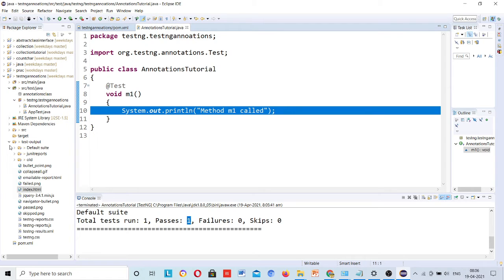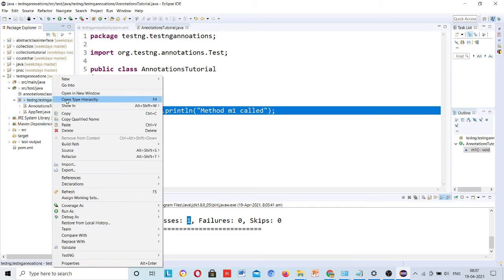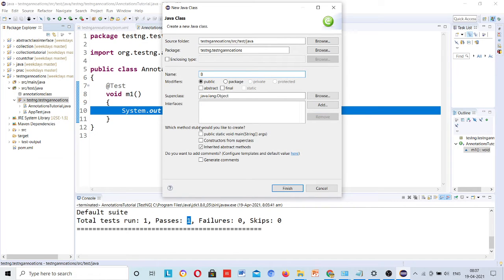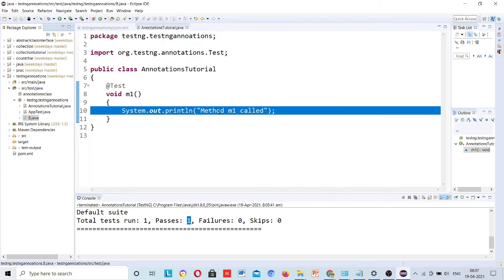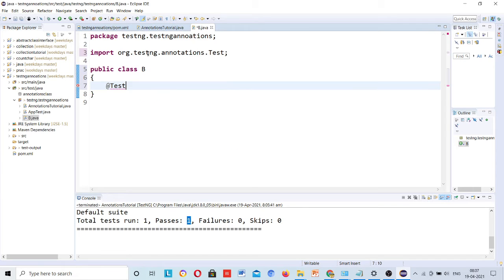Now quickly I will go to the next class. I will create another class in the annotation tutorial, suppose class B. And here in class B I will create one more method with @Test, void m2.